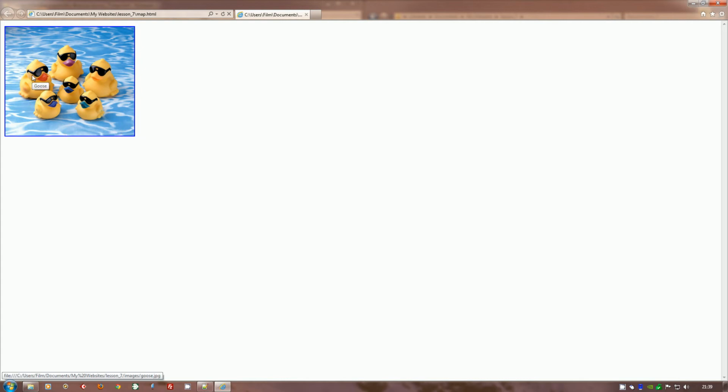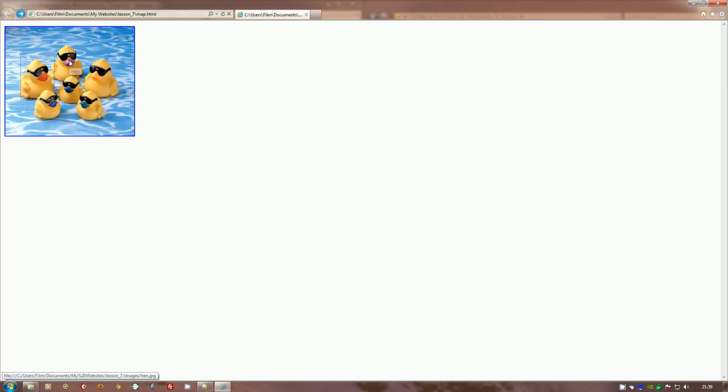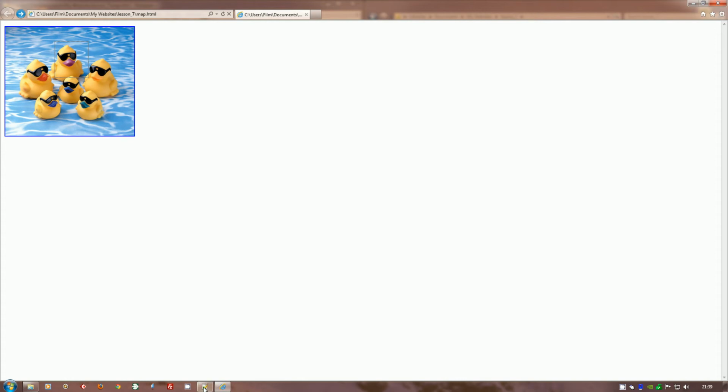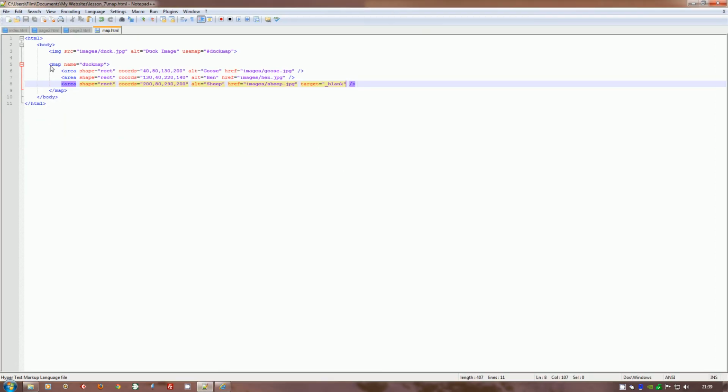These 3 here. If I click on this one, it will take me to the image of a goose. Woohoo! And this one to the image of a hen. So what I've done here is I've used this map command. Now clearly if you're trying to learn this, you pause me now, because I could sit here for a few seconds